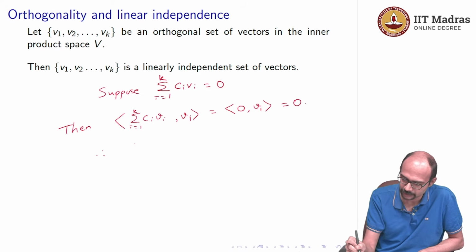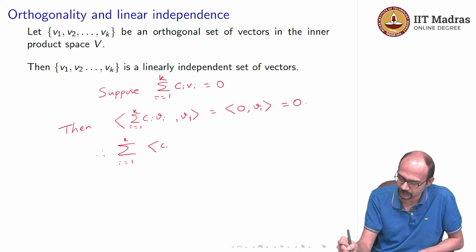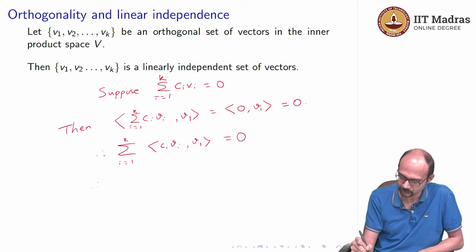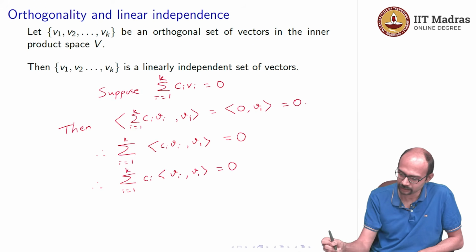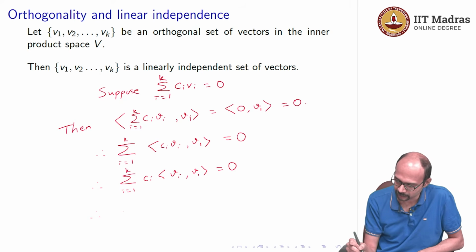So, therefore, summation i equal to 1 through k of Ci times Vi comma V1 is 0. Therefore, summation i is 1 through k, I can take out the constant also, Ci times Vi comma V1 is 0, and therefore, Ci